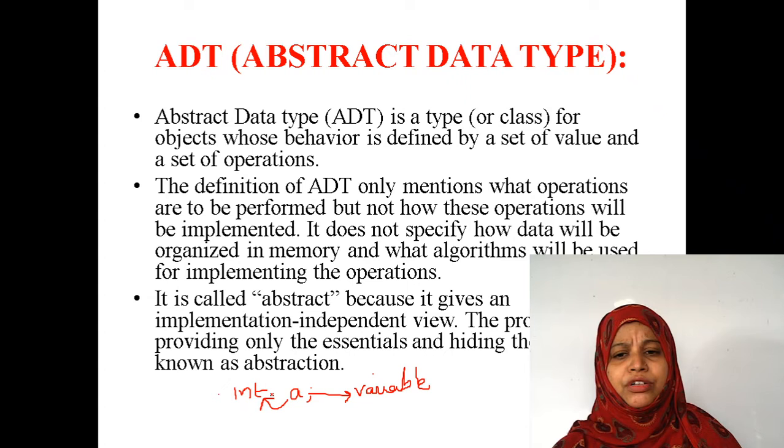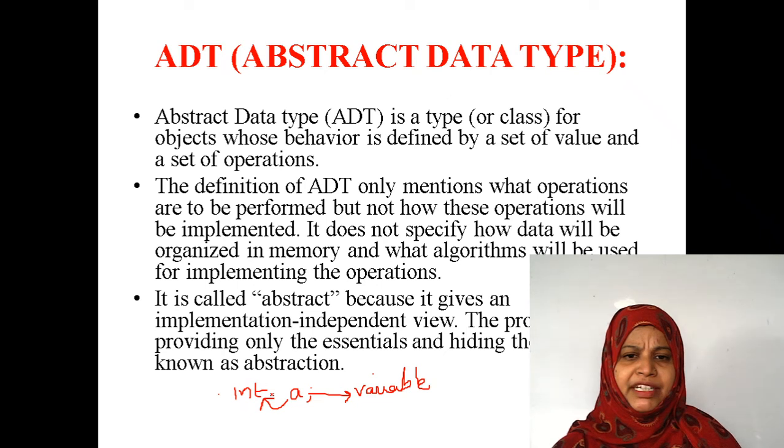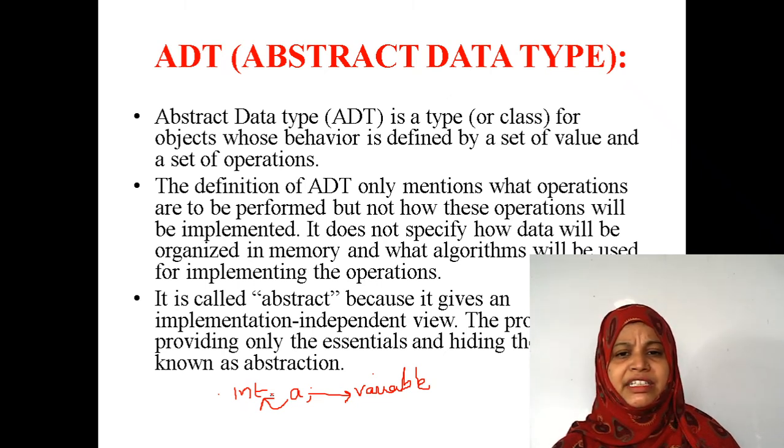In this case, we are not going to check how these operations are implemented. The abstract data type does not define how the data type or object behaves internally. This is the main difference between the normal data type and the abstract data type. In abstract data type, we just define the set of values or set of operations that are going to be carried out by that particular data type. Here we are not going to discuss how those operations are going to be implemented. We are just declaring or defining what type of operations are going to be carried out, not how they are going to be implemented. All these things come under the abstract data type.